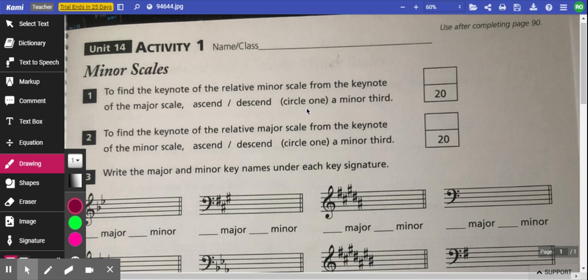the worksheet that I have assigned for you today because it's been a little bit since we went over the minor scales. I'm not doing a video to go along with this because my kids have been bouncing in and